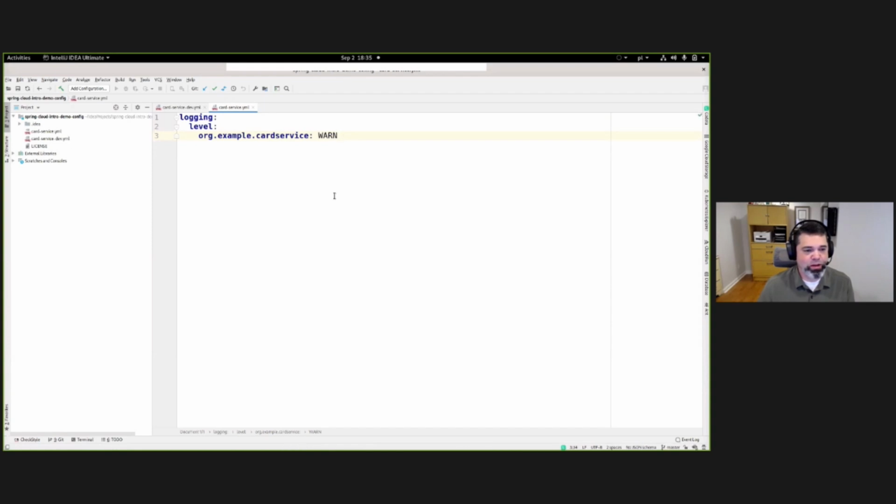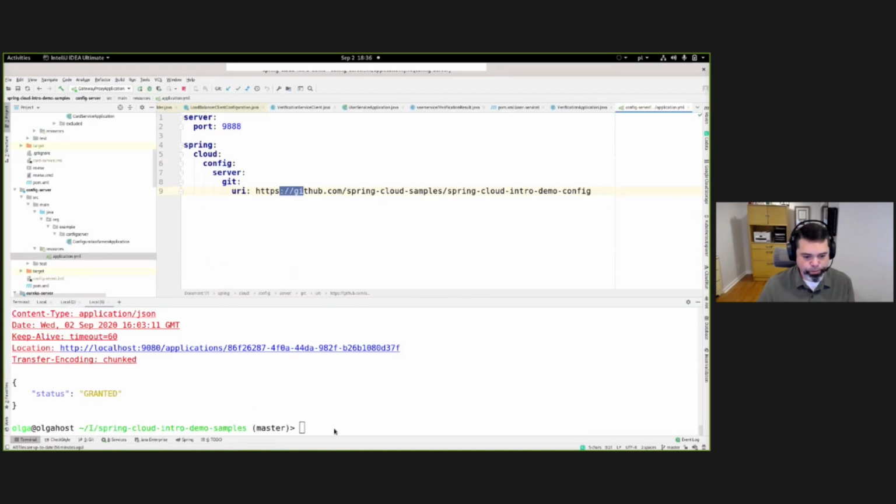In this case, we have configuration for one of our services, card service. By default, we have our logging set to warn, but if we were to set the dev profile active, then we could change our logging to debug. So let's go back to the demo, and I'll show you a little bit. We are using the fabulous HTTP application as our local HTTP client from the command line, and I'm going to show you